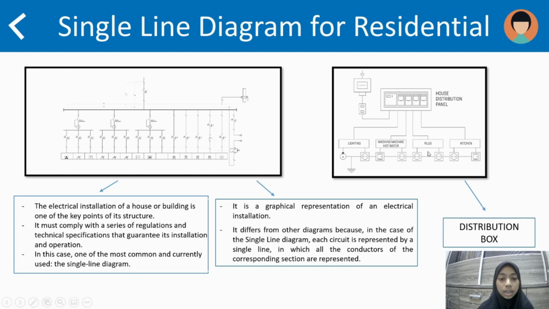This single line diagram is a graphical representation of an electrical installation. It's different from other diagrams because in the case of a single line diagram, each circuit is represented in a single line in which all the conductors of the corresponding section are represented. So this is